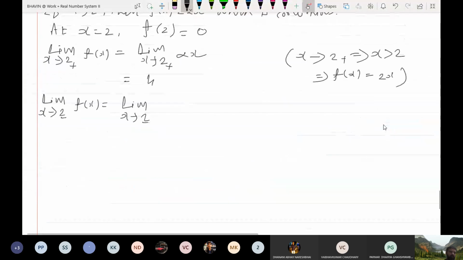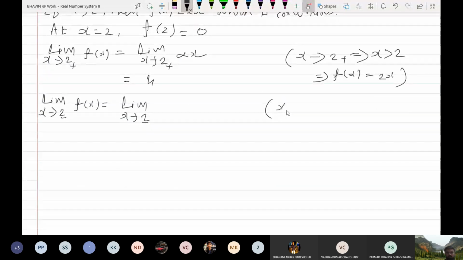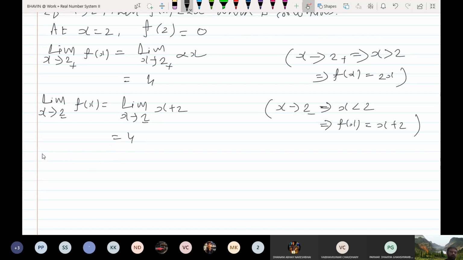उसके लिए हमें राइट लिमिट लेफ्ट लिमिट फाइंड करनी होगी। अभी यहाँ पे देखिए x tends to 2 minus implies x less than 2, ठीक है, implies f(x) is nothing but x plus 2। तो यहाँ पे आपको अगेन 4 मिलेगा, ठीक है। So therefore limit x tends to 2 plus f(x) is equal to limit x tends to 2 minus f(x) is equal to 4, both exist and both are same, which is not equal to f of 2 equal to 0।